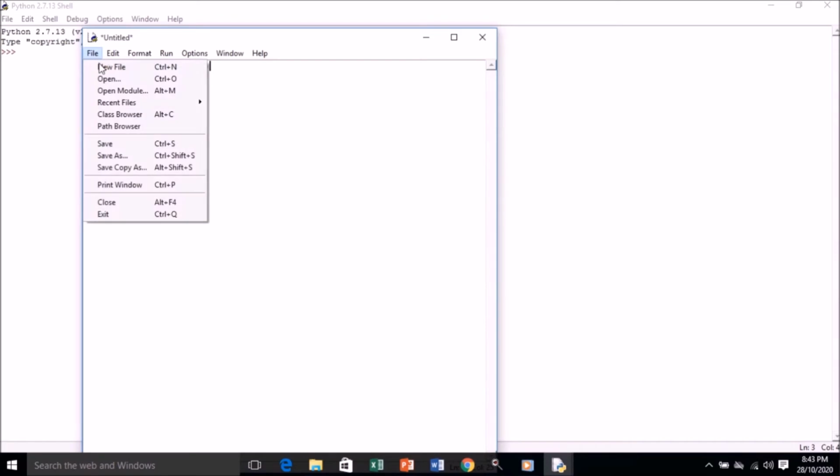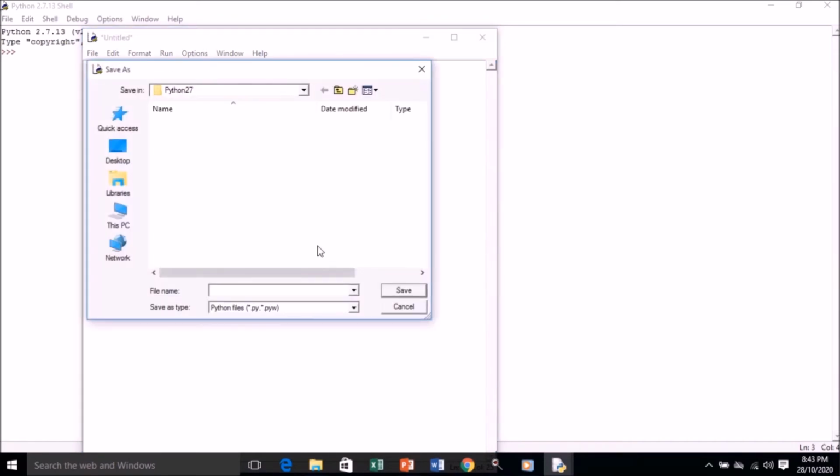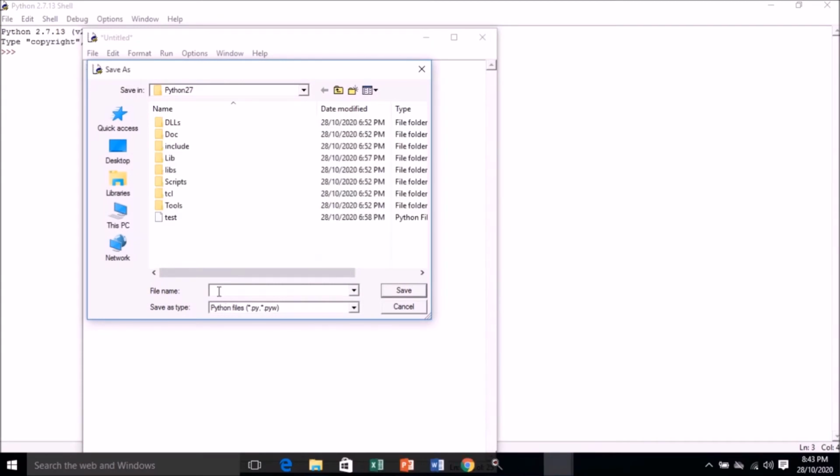After this we have to save the file. We have to save and then only we can run this file. So here I'm saving it, and I'll type the name, any name you can give. I'll be giving the name as T. The files are always saved with the extension .py. In Python, the files are saved with the extension .py.